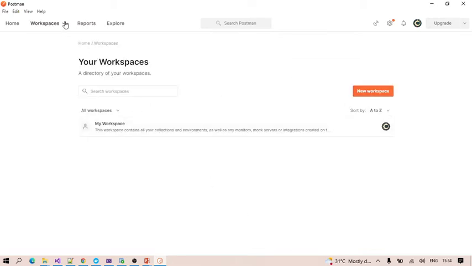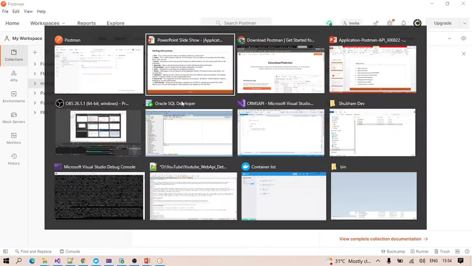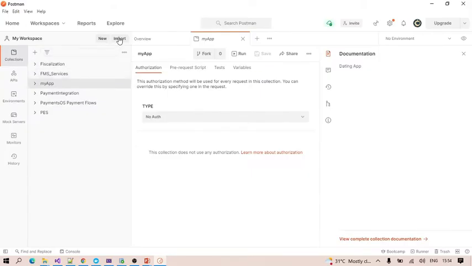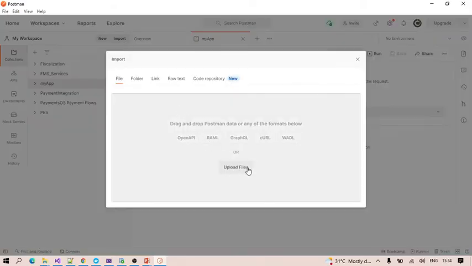I'm not creating a workspace currently, I'm just guiding you. The second thing is Import. You can see the Import button here. If you click it, it will ask you to upload a file.